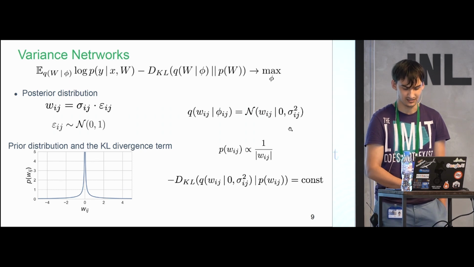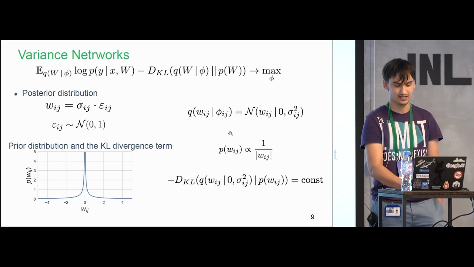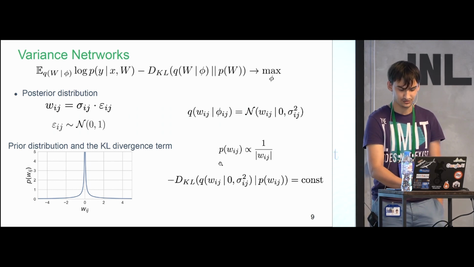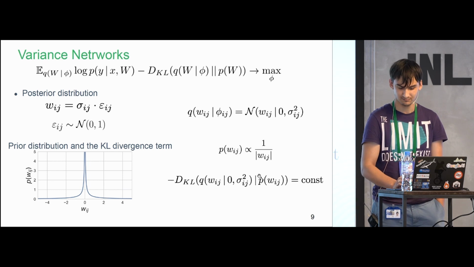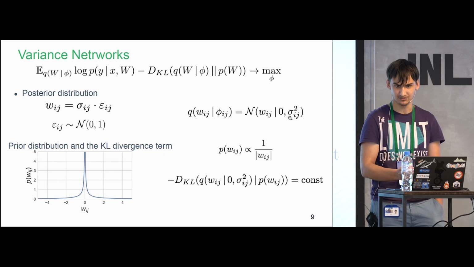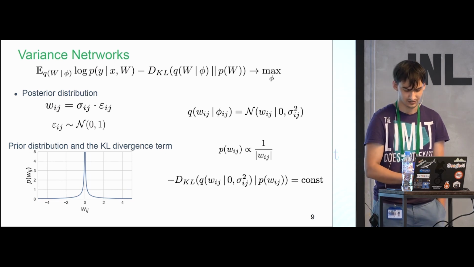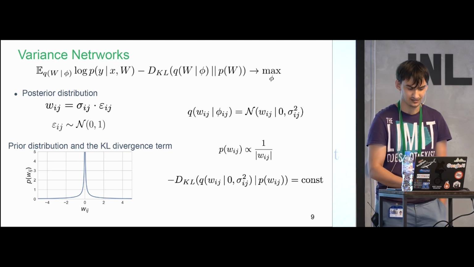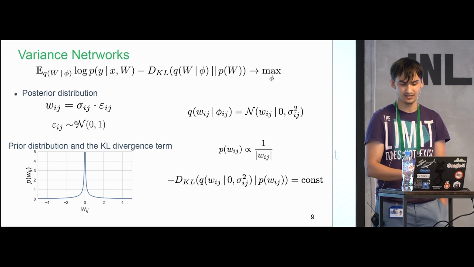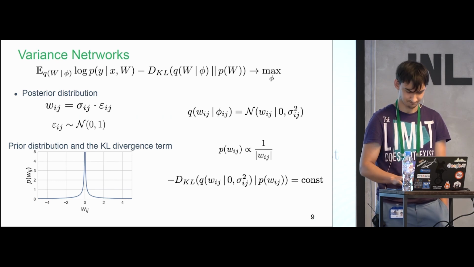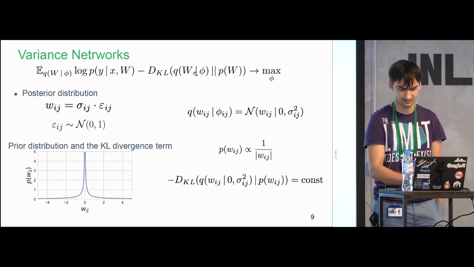And it turns out that if you consider this zero-centered Gaussian and the same log uniform prior as before, the KL divergence term, which was before a function of alpha, now remains constant, because alpha is always infinity and it does not depend on sigma anymore. If sigma is 1, if sigma is 10, alpha is always infinity, so the KL divergence term remains constant. So basically you just have this data term, and you have no regularization on variational parameter sigma. And you can discard this KL divergence.